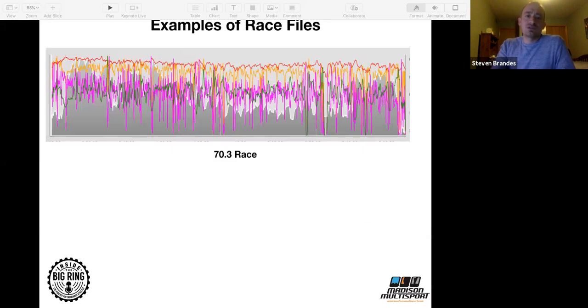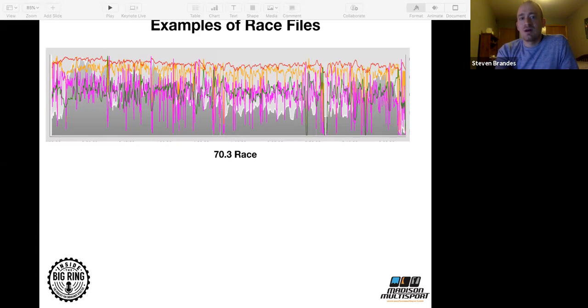This is a good one too. This is a half Ironman. So you can see the heart rate, you can see the power. Somebody asked the question, can you explain free pedaling or soft pedaling? This is a great graph to show soft pedaling at its finest and for somebody who is really suffering in a race. All those little dropouts is soft pedaling.